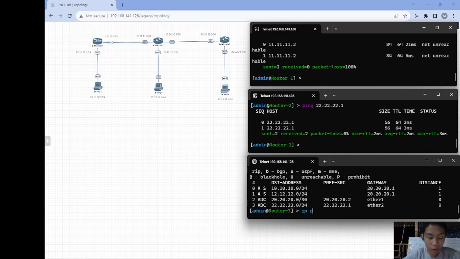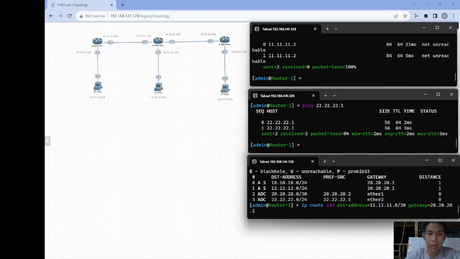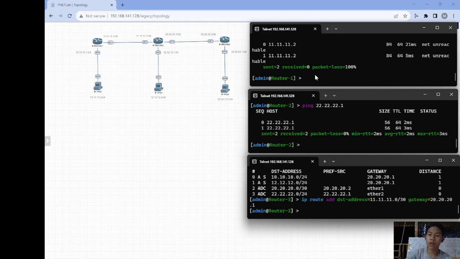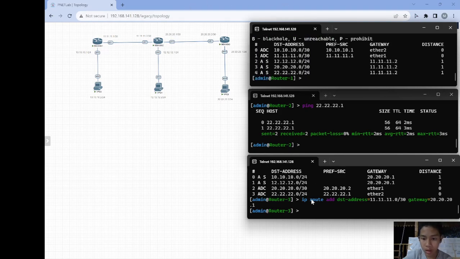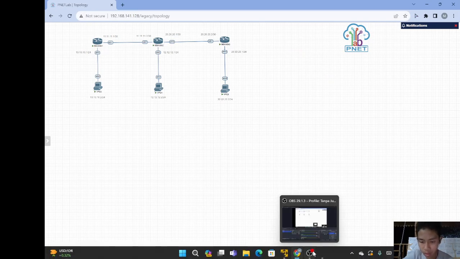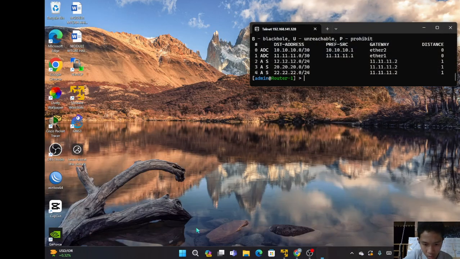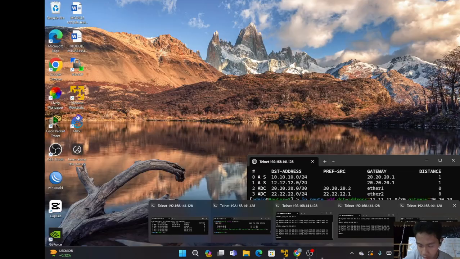We configure the IP route for the network of 11 because we didn't have the data at the station. 11.11.11.0/30. The gateway will be used 20.20.20.1. Yes, like the configuration of the IP route in the first one. And then pass ping